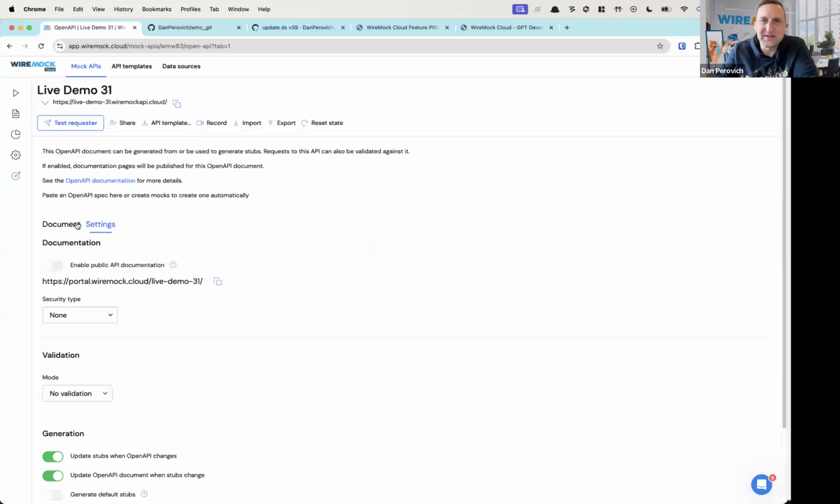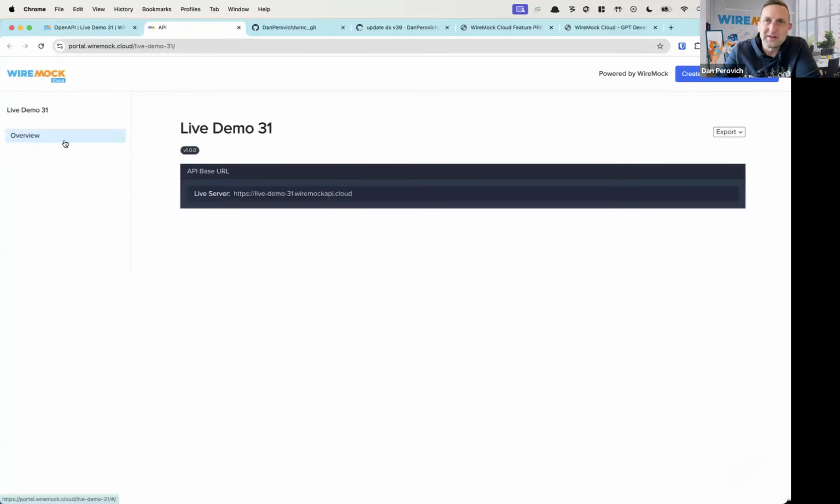Now, also important to point out here is in the settings, we'll be talking through these. One of the incredibly popular and powerful features is the auto documentation of our mock APIs. So as we use this functionality to rapidly prototype, use a mock first style of development to build a new API, design a new API, or even iterate on an existing API, we can enable our documentation endpoint, which will automatically build for us developer documentation on our API that we are designing or building or enhancing here, and back it with a mock API